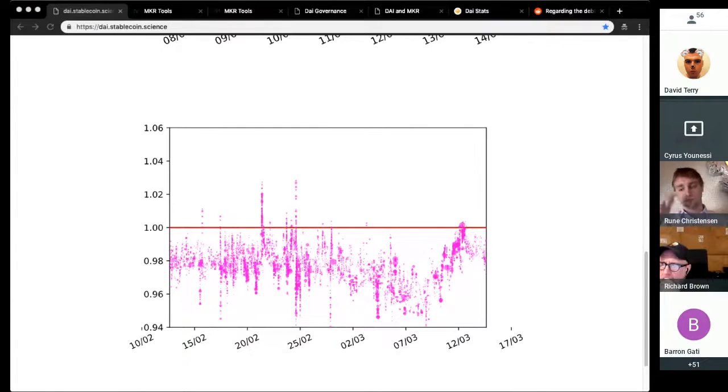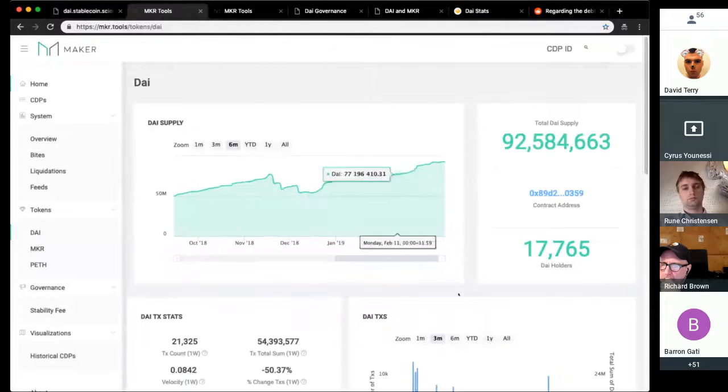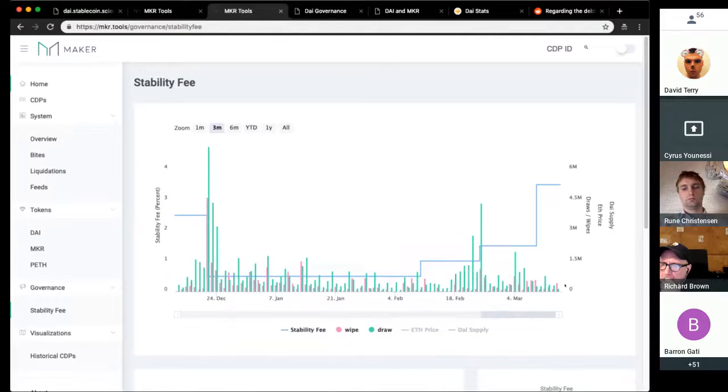Quick question. You mentioned the statistical data analysis. Can you talk a little bit about the degree of confidence you use in observing the linkages? If you want to go back to that other chart with the pink bars representing the collateral wipes. You mentioned that you could see leading up to the stability fee increase X, Y, and Z. But at what point are you considering those random events versus linked and correlated or causal events? Cyrus, can you click the ETH price and DAI supply as well so we can see those two things? That might help answer the correlation.